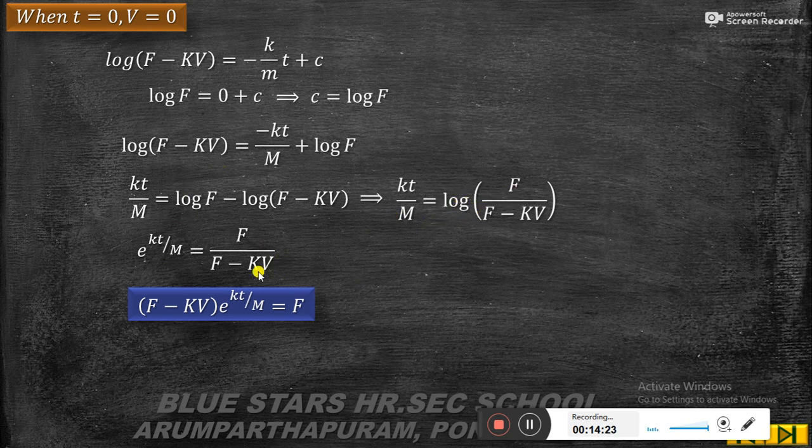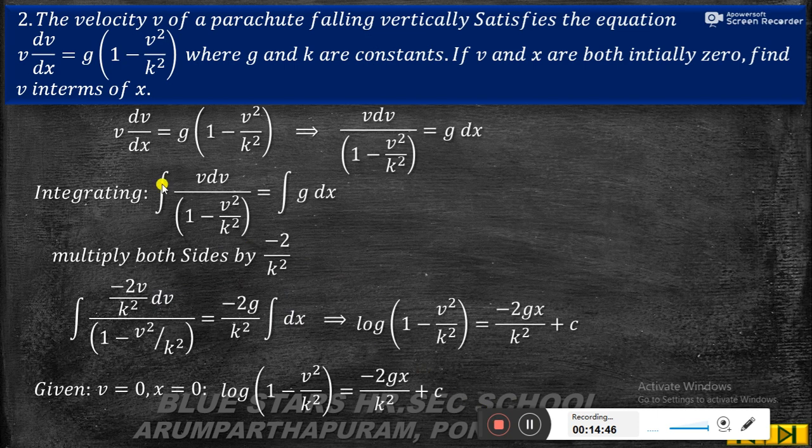So f by f minus kv. Therefore, doing the cross multiplication, f minus kv into e power kt by m equals f. This is the differential equation for our given problem. So we expressed v in terms of t. This is the solution for this problem. Now we discuss the